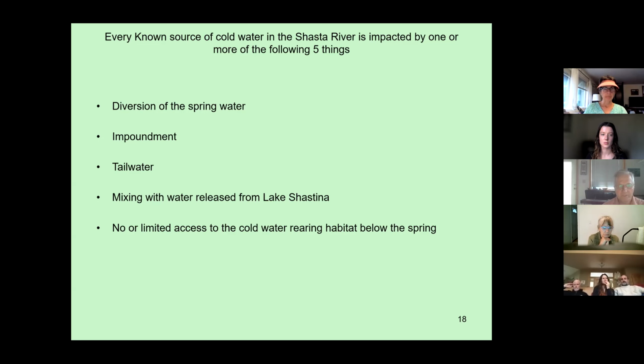So there's springs in the channel of the Shasta River, but when the water from Lake Shastina is released for use downstream for irrigation water, they're using the Shasta River channel as a conduit, and they're swamping the cold springs that are in the river with the warm water. And some of this water is really warm, like 25, 26 degrees C. You put that on top of 13-degree water, and it doesn't take long before you've destroyed that cold